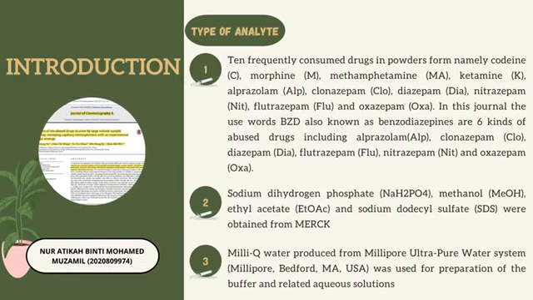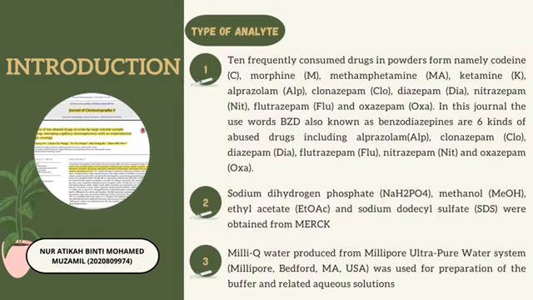Okay, for the types of analyte, first, there are 10 frequently consumed drugs in powder form, as you can see in the slide. Other than that, there are 6 kinds of abuse drugs called BZD, also known as benzodiazepines. Second is sodium dihydrogen phosphate, methanol, ethyl acetate, and sodium dodecyl sulfate, which were obtained from MERCK pharmacy. Third is Milli-Q water produced from a Millipore ultra pure water system, which was used for preparation of the buffer and related